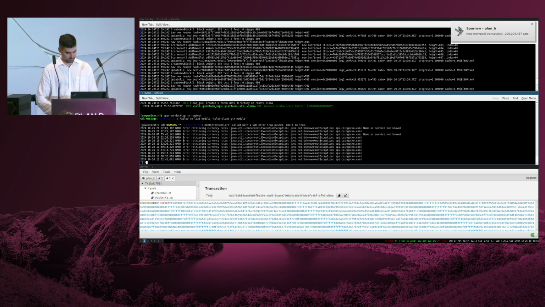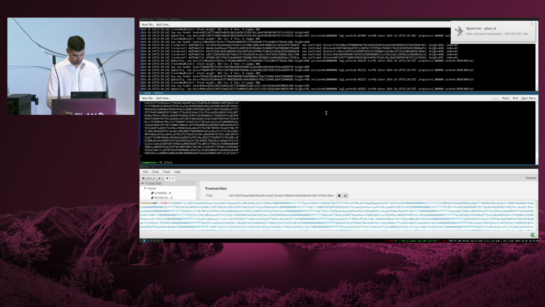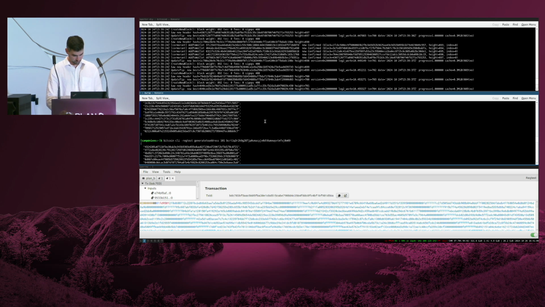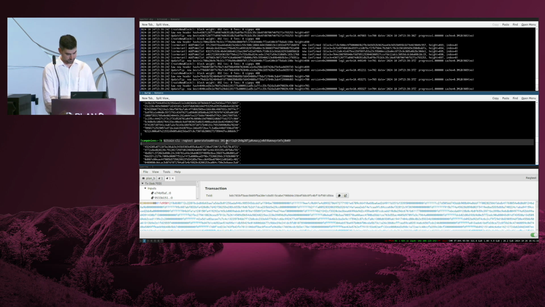The command that we will need is this one here, bitcoin-cli regtest generatetoaddress, some number of blocks and the receiving address of the mining rewards. So let's take this here.